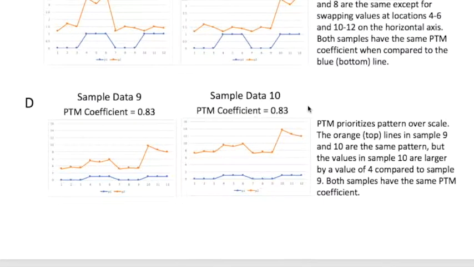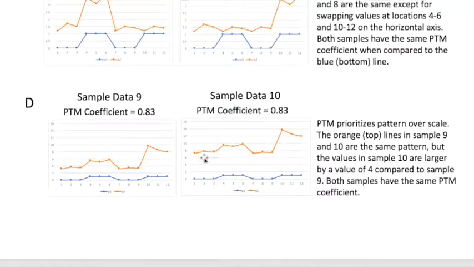And then in sample 9 and 10, they're the same, except that in sample data 10, the orange data, right, I've added a value of 4 to each of the points. So it's higher up, as you can see, compared to 9. But guess what? Compared to the same blue template profile, they have the same correlation coefficient of 0.83, even